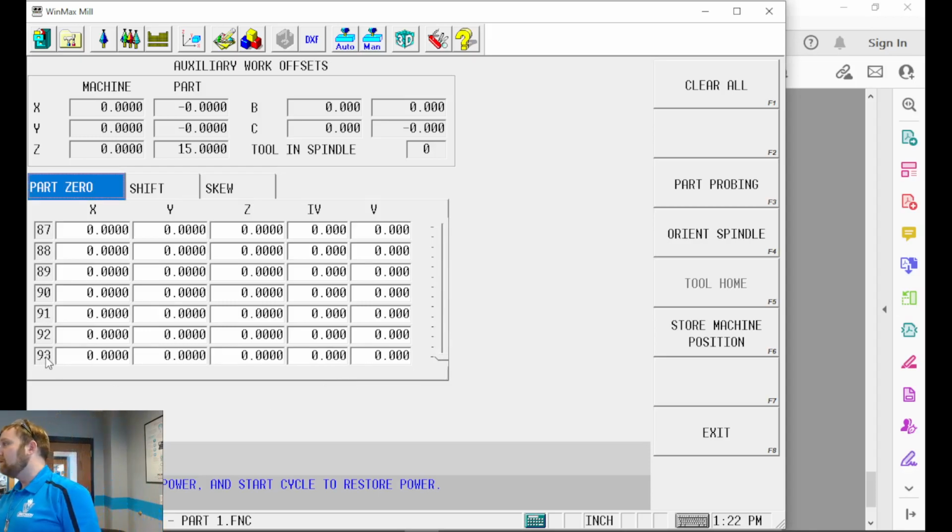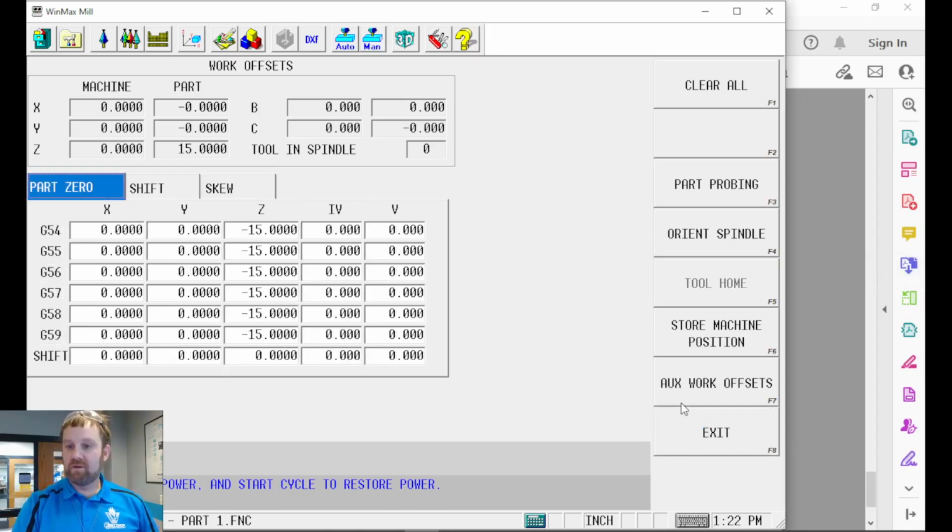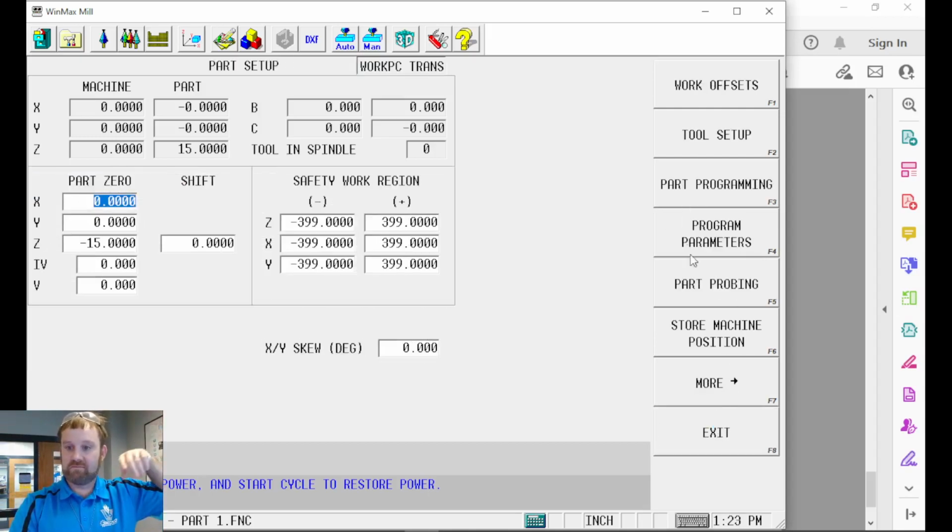You can also use variables for offsets. So we're not limited to 99 offsets. We could have up to 99 setups in the front of the control. But if I'm in a big production environment that literally has load and unload fixtures for all kinds of different stuff that we run, and everything's all set up and ready to go, all I've got to do is take fixture A out, put fixture XYZ in, and it automatically jumps to the offset that's set up for that fixture. I can also